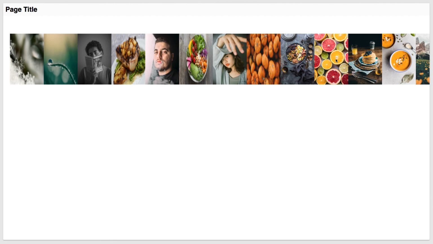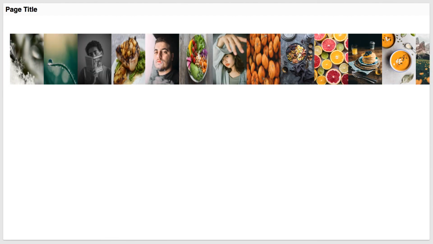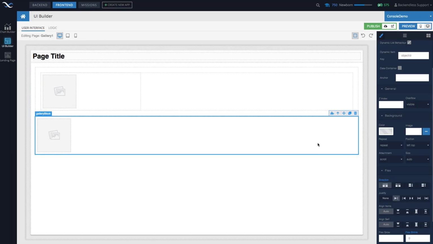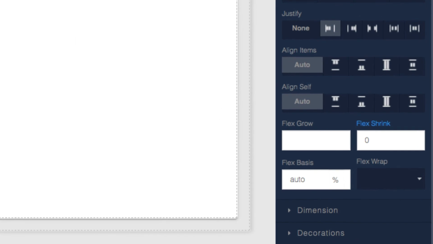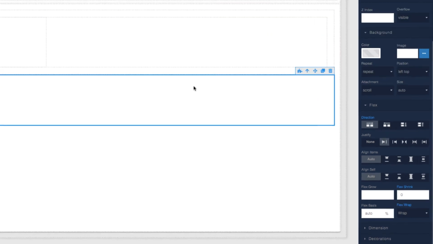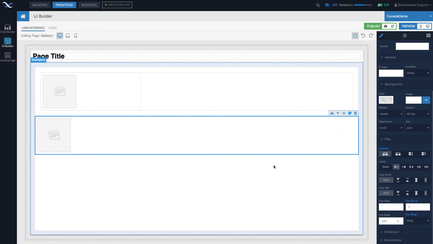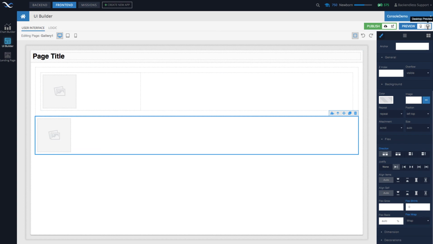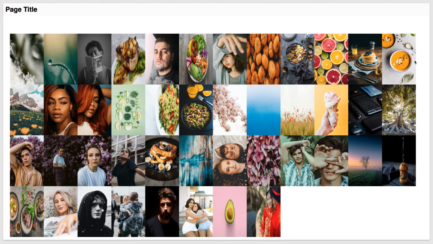So now the images are being rendered, but they're being rendered all in one single row. So there's absolutely no wrapping. How do we get wrapping? Well, this will be the property of the flex wrap right here. So the block is selected, and in flex wrap, if we select wrap, then the images will start wrapping as soon as they get to the end of the available real estate in the screen. Let's take a look. So as you can see, images hit this edge right here and then being rolled over